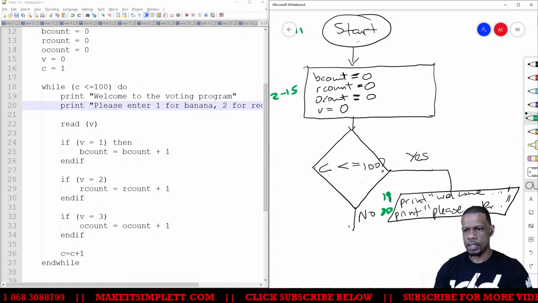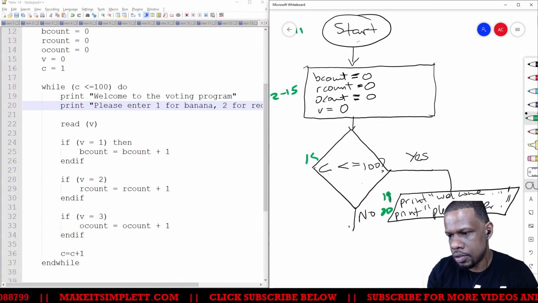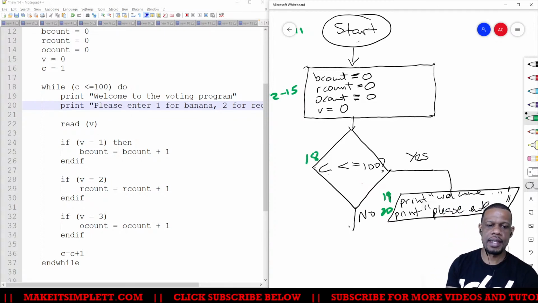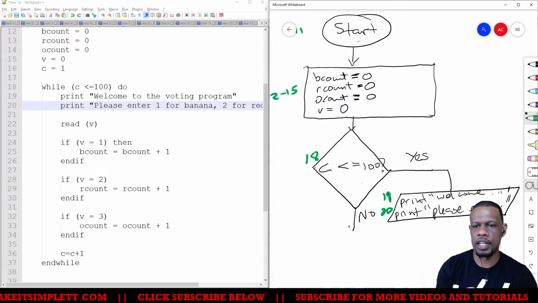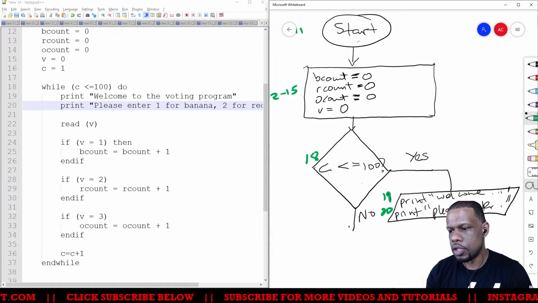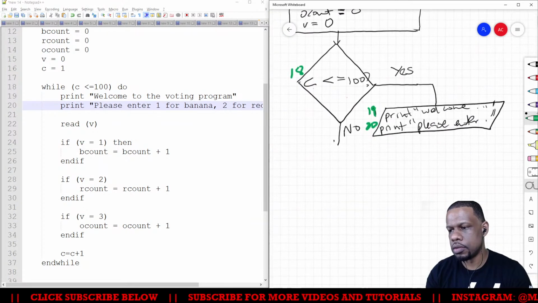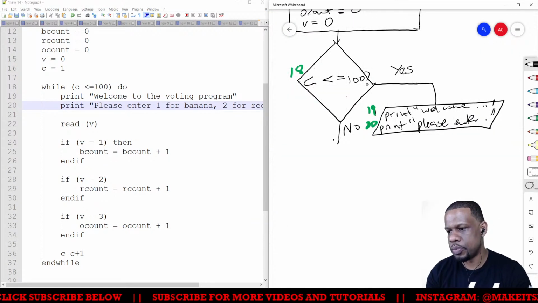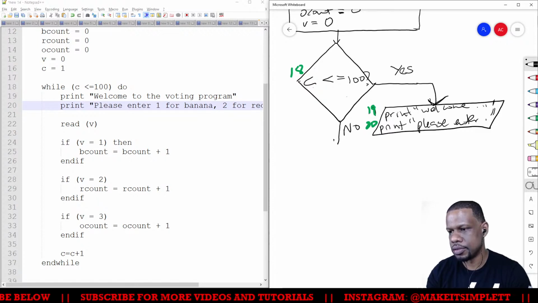All right. This here is line 18. Anything that you see in green, that's just the line number to match with the algorithm. So you look on the left-hand side and you see what they did on the right-hand side, right? Okay, good. So now that we've gone through the yes and no, don't forget to put the arrowheads. If you don't have the arrowheads, I think you'll lose marks in our flowchart.